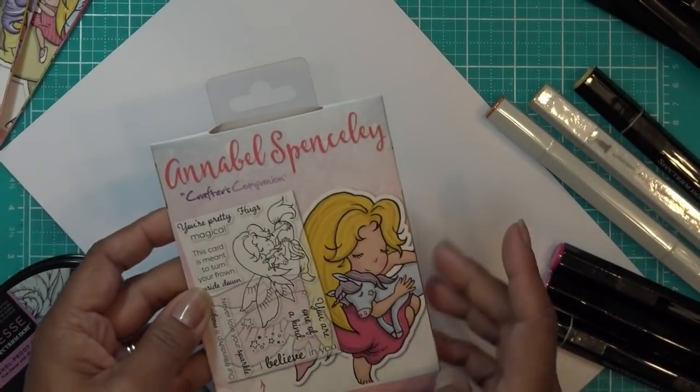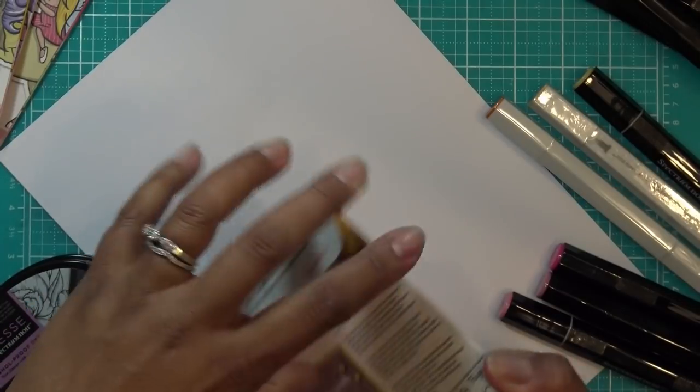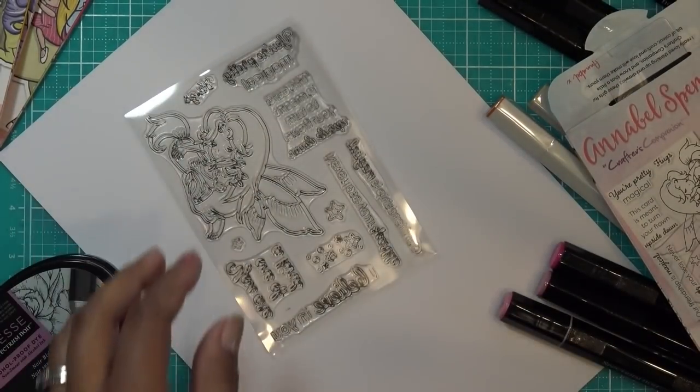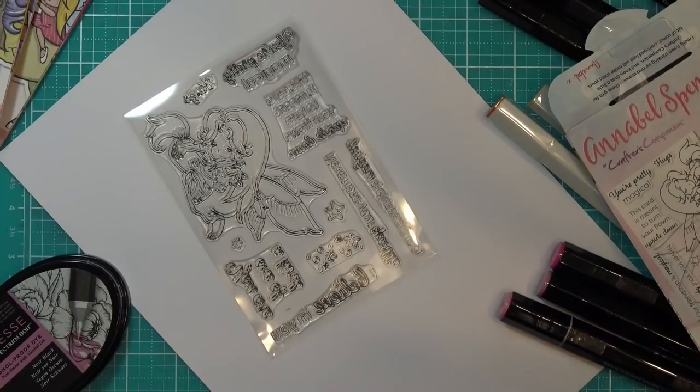But let's go ahead. I'm going to do this one. Hopefully. I don't know. I already feel daunted looking at it. This is why I like my tri-colors or tri-blends, because I just get it and it works, right? But for now, what I'm going to have to do is